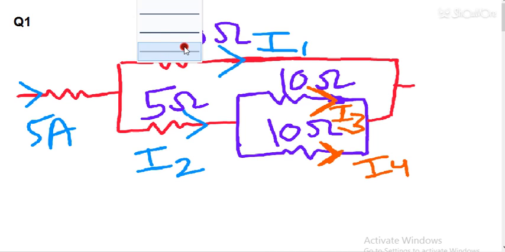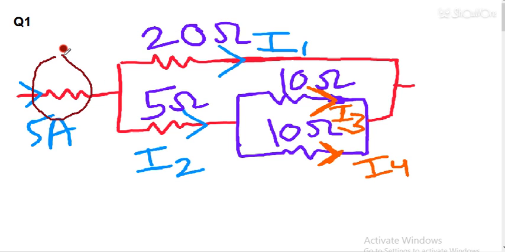So this is a very interesting question. Battery is not provided and the resistance value is also not provided here. So students, what you have to do? First of all, you have to know about KCL, that is Kirchhoff's current law. That means at this point the total current coming in is 5 ampere and the current leaving is I1 plus I2. That means the sum of the currents I1 and I2 will be 5 ampere. So the total current coming towards the point is equal to the total current moving away from the point.